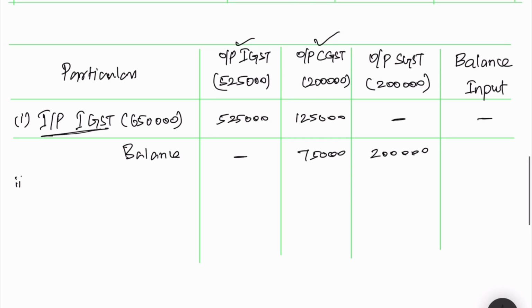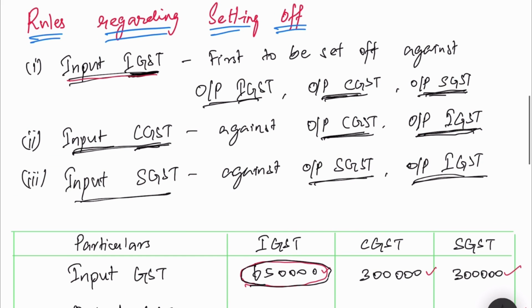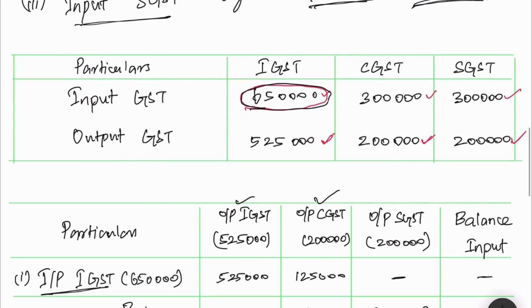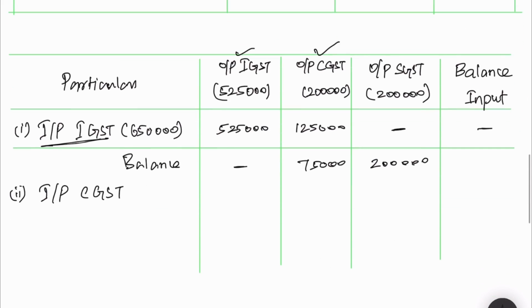Now second thing is that let's set off that input CGST, and the rule says to set off input CGST, either you have to use output CGST or output IGST. For CGST this SGST cannot be used, and for SGST CGST cannot be used. Now how much input CGST we have? We have 3 lakh. So let's take that value. We have 3 lakh to be set off,